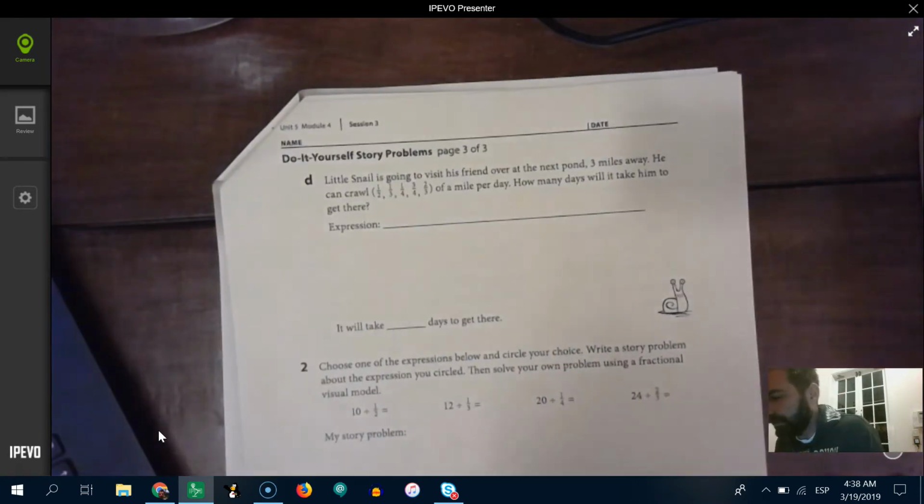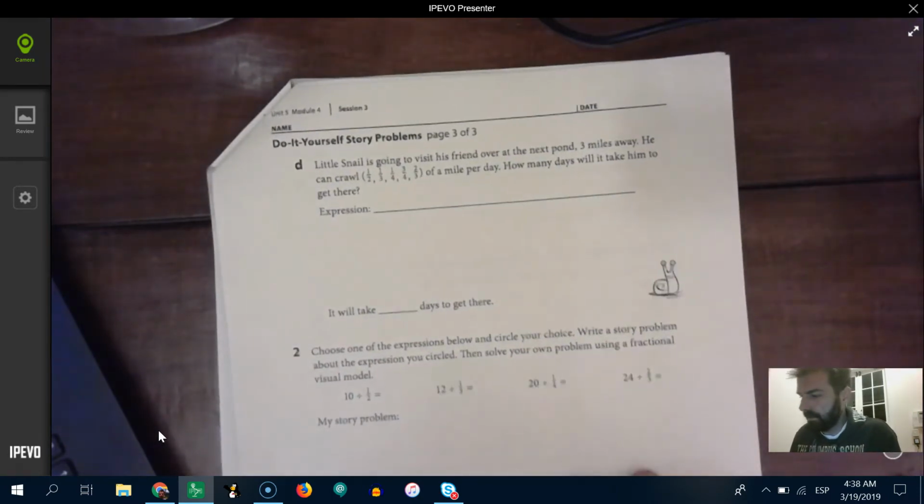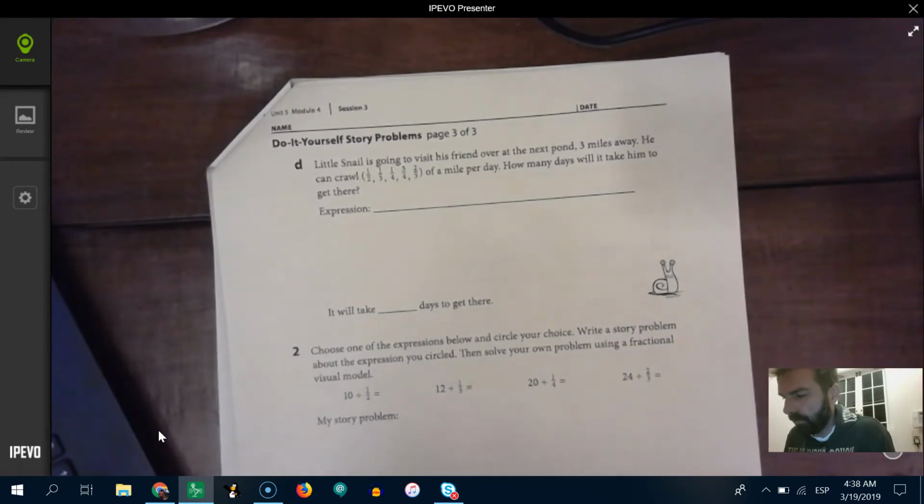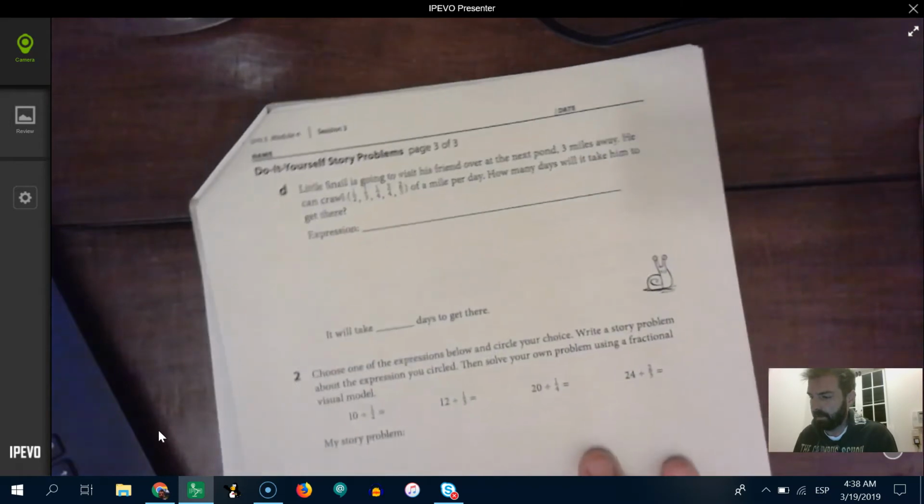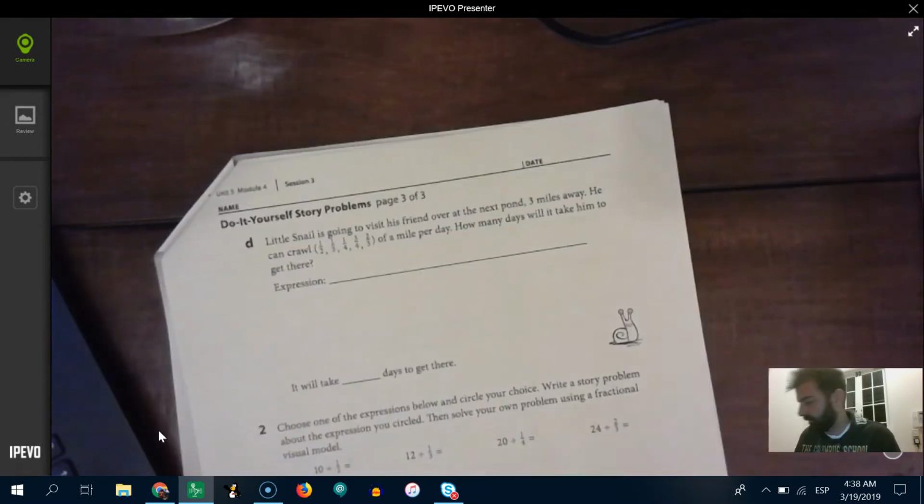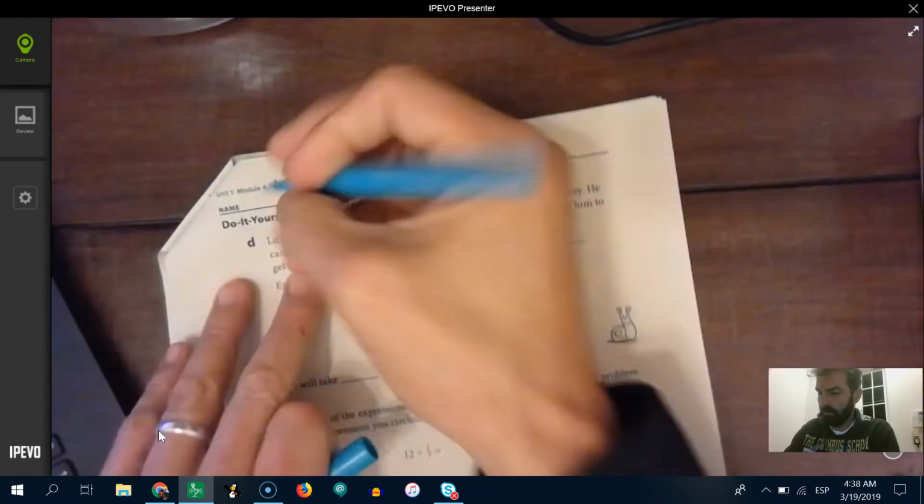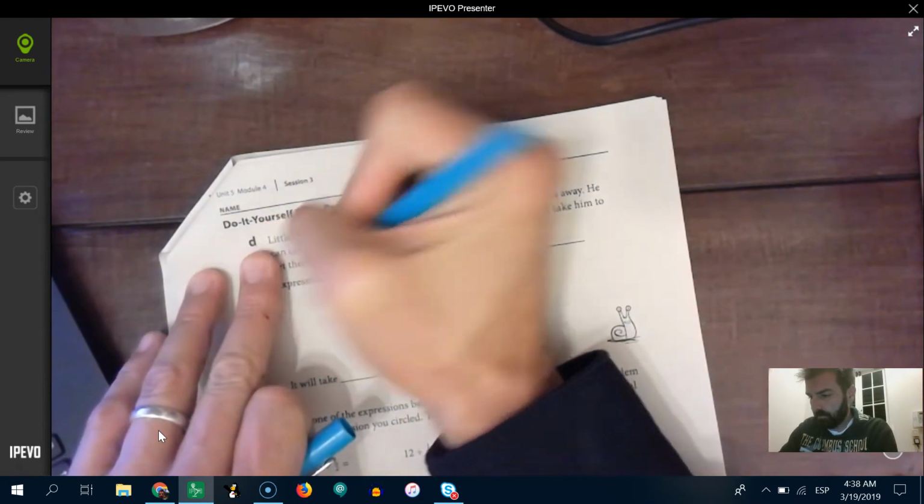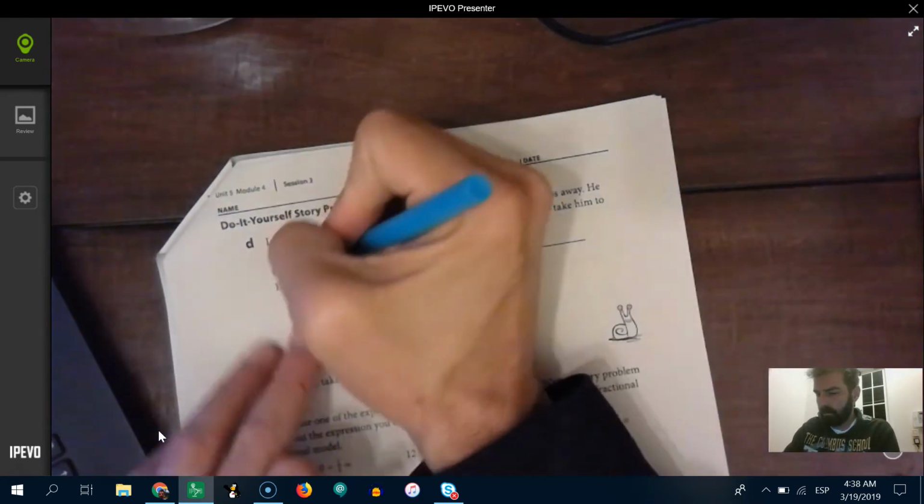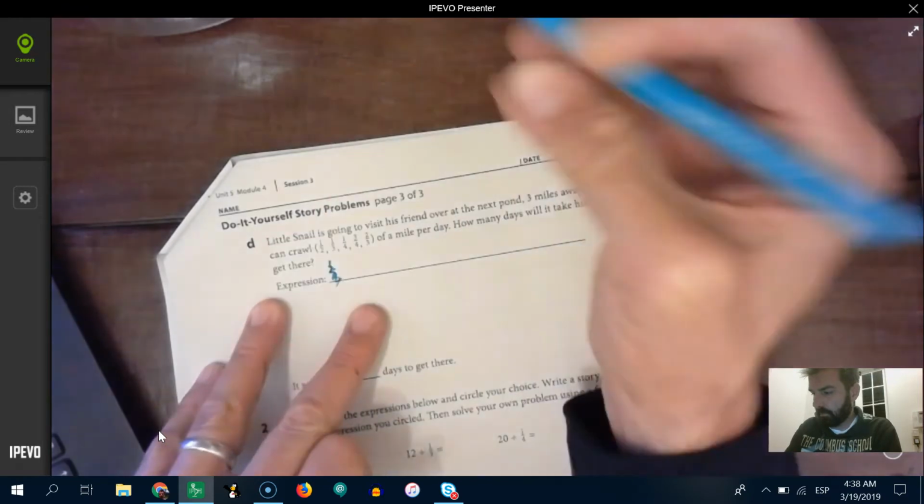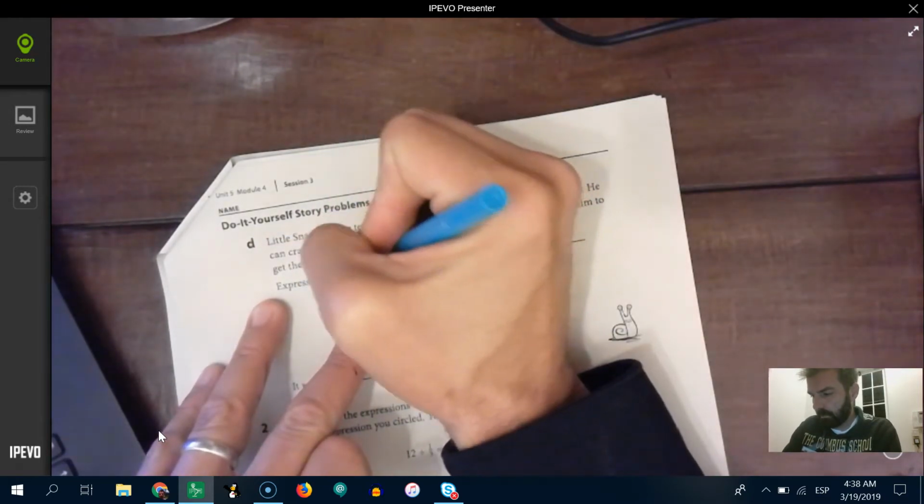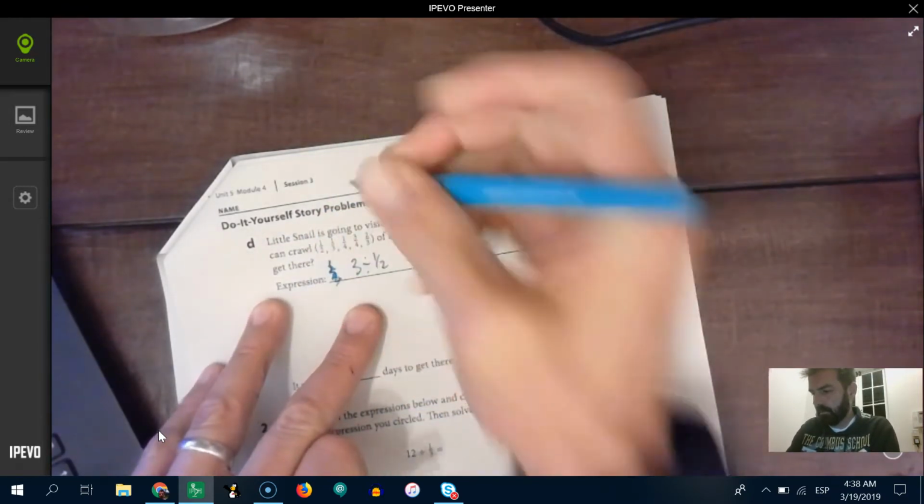Little Snail's going to visit his friend over the next pond, 3 miles away. He can crawl 1/2, 1/3, 1/4, 3/4, or 2/3 of a mile per day. How many days will it take him to get there? So again, we have 3, and we're either going to divide it into 1/2,